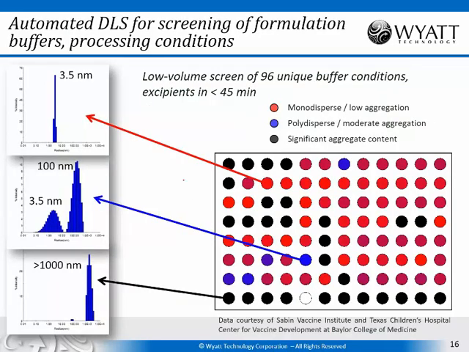And here's another example of doing the same thing in a 96 well plate. Here we're looking at a little bit higher resolution, so the measurement per well was a little bit longer, but all in all, 30 seconds per well. The whole thing was done in less than 45 minutes. And you can see here how the color coding was carried out. Again, red corresponding to a nice sharp monomodal distribution, blue corresponding to some aggregates, and black corresponding to very heavy